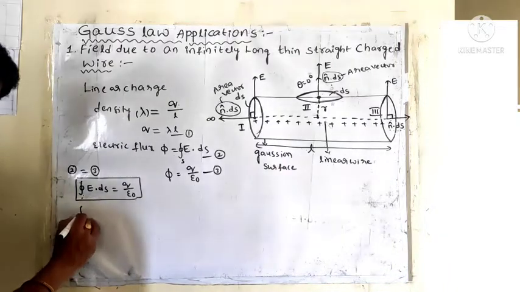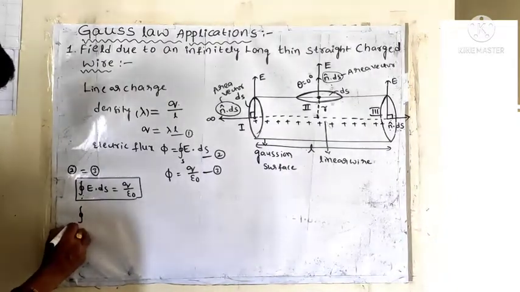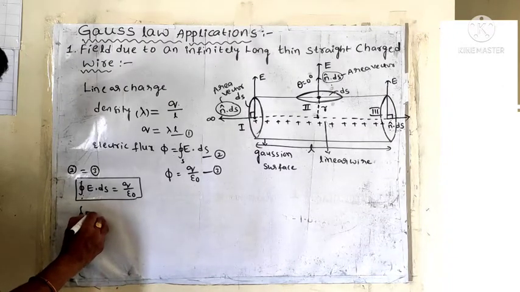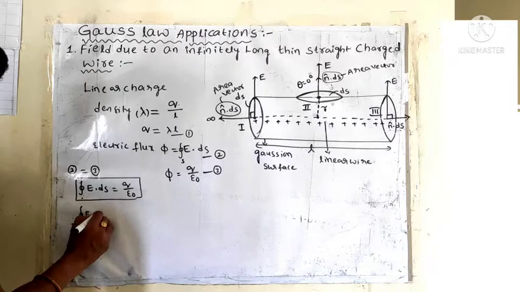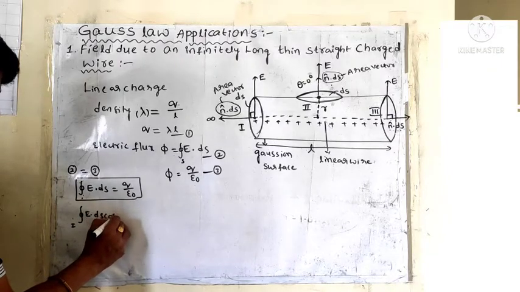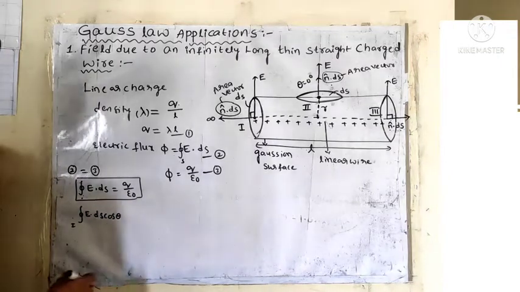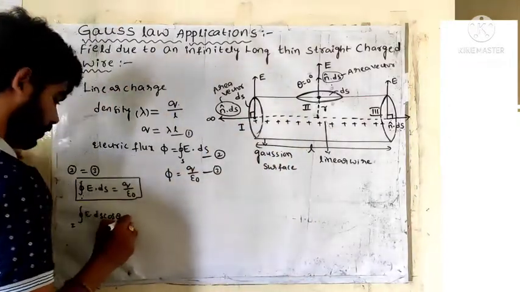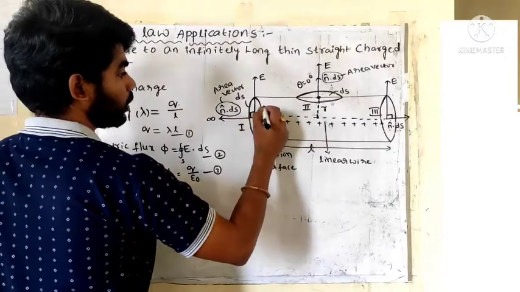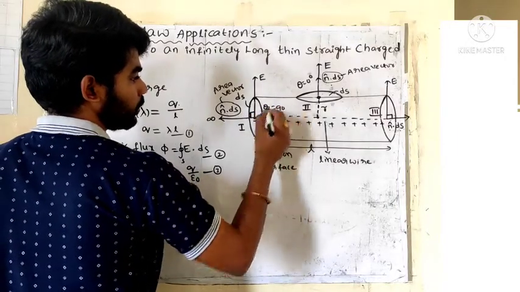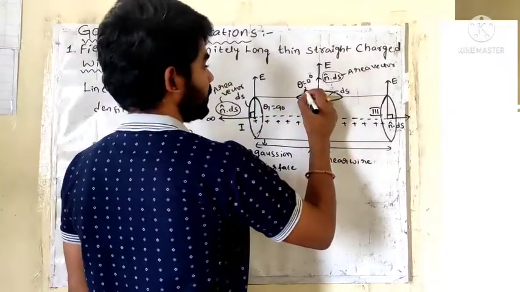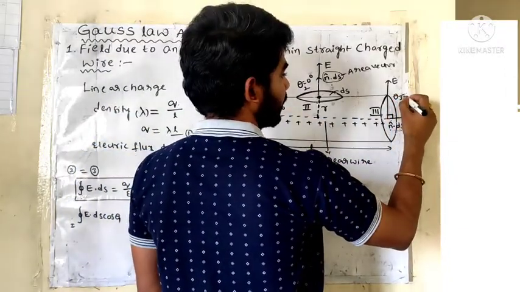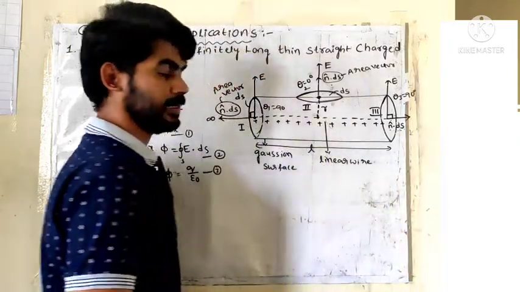First, region 1, here I am writing, this is region 1. In that region 1 case, in the electric flux formula we can remove the dot, so we can write E ds cos theta. Let us consider theta 1. How much is the angle theta 1? Theta 1 is equal to 90 degrees. Let us consider this is theta 2, 0 degrees. Here angle theta 3 is 90 degrees.